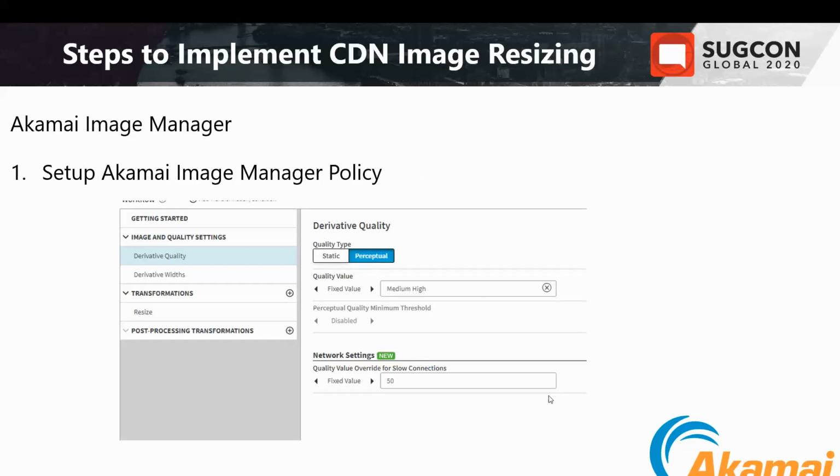So, quickly setting up an Akamai image manager policy. My preference is to use perceptual quality and set it to medium high. Medium high is equivalent to an image compression of 85. The reason why I stress using perceptual quality is that, let's just say you've got an image with a very complex texture. It will just stop the image compression at 85, and then it will just serve that image out. However, if the texture of the image is very simple, so let's just say a large portion of the image has got a solid background color on it, then you will start